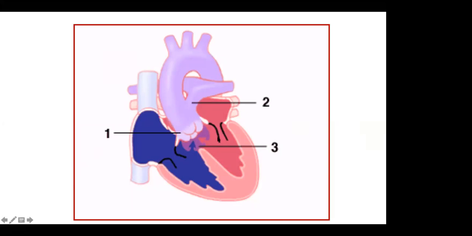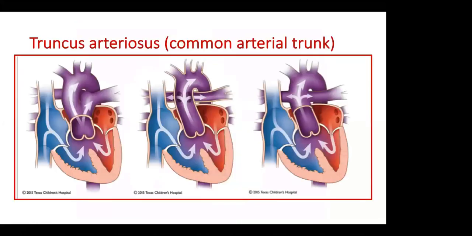And as expected, this lesion is considered to be a cyanotic heart disease, but in fact it has heart failure symptoms and cyanosis. Their saturation is usually in the high 80s to low 90s. If the lung is good and there is a lot of shunt, you might actually have normal saturation in those types of patients. But usually they come in different shapes and forms. So this is truncus arteriosus type 1, 2 and 3, depending on the origin of the pulmonary artery